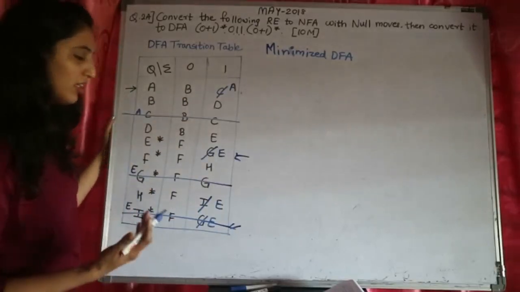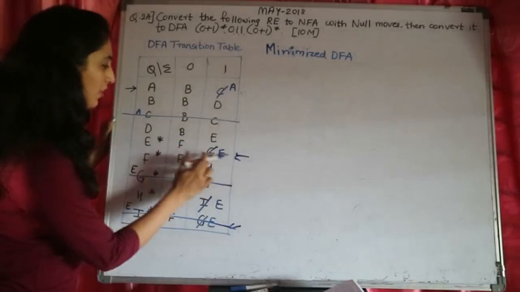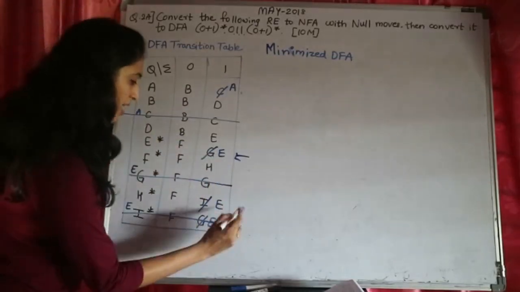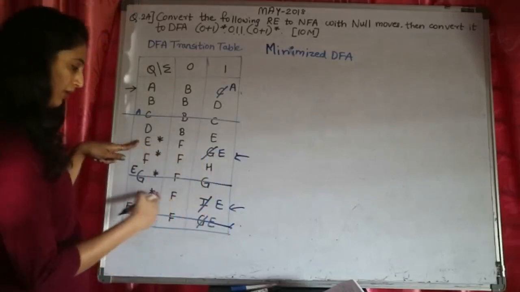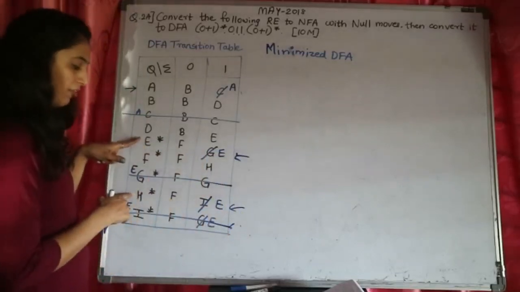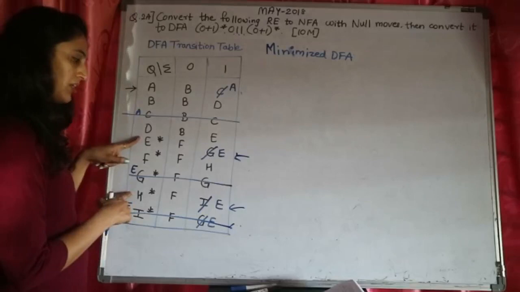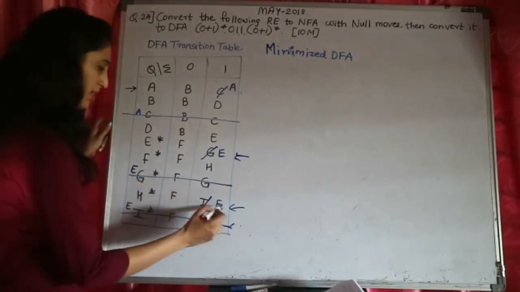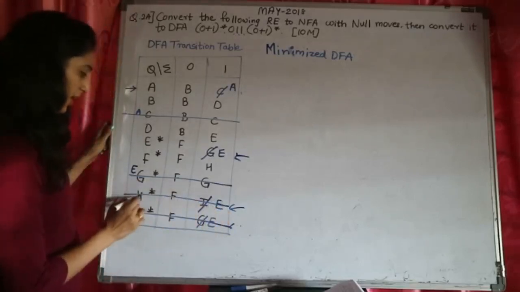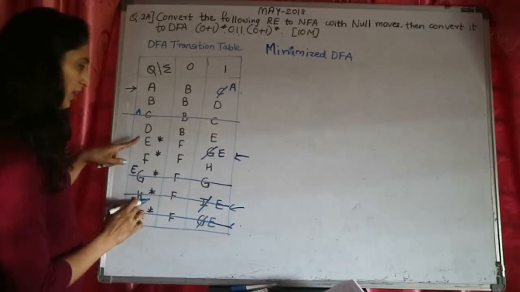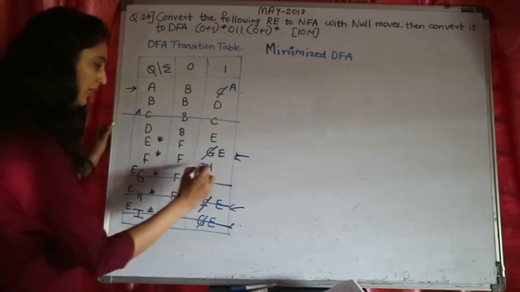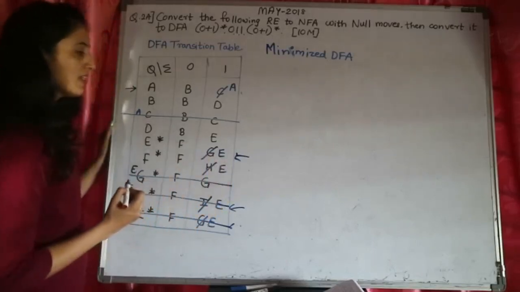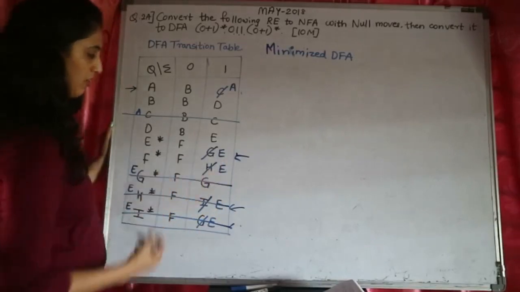Do I have any other reductions? Yes. FE is also same over here as FE. This FE belongs to state E, and this FE belongs to state H. They both are final states? Yes. That means we can cancel out one of them. So now let us cancel out this state, and H I am replacing with E because it has matched with this state. Wherever I find H, I will replace it with E. Like this, I have cancelled out this and replaced here.